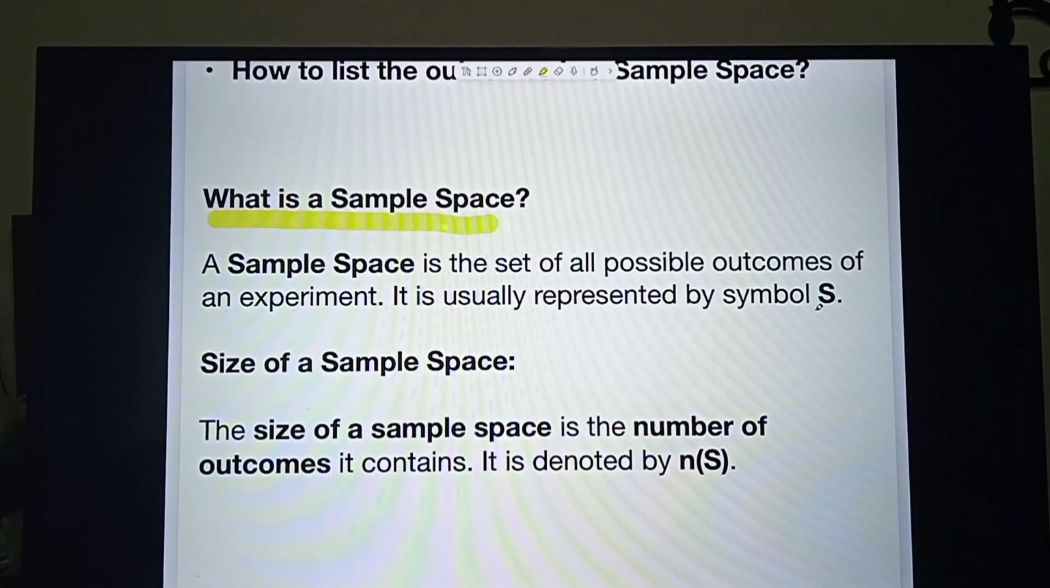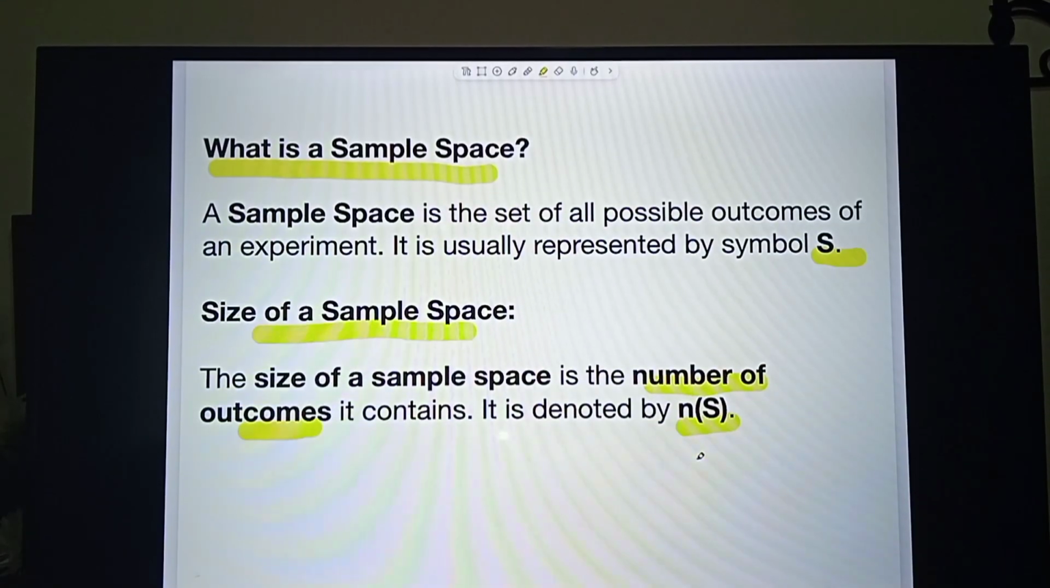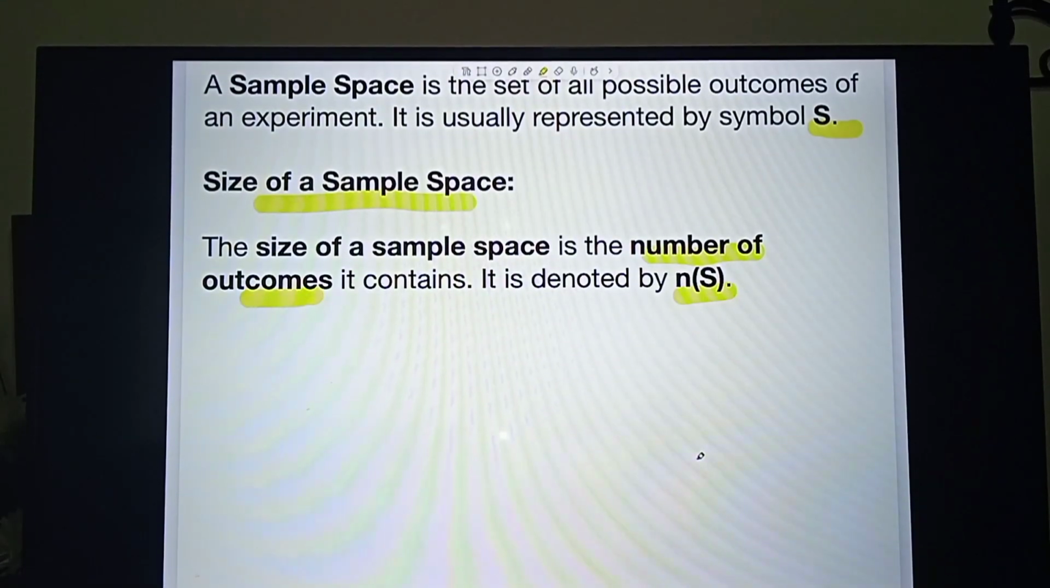It is usually represented by the symbol S. Now, the size of a sample space is the number of outcomes it contains. It is denoted by N(S). N(S) means the number of sample points in a sample space. For example,